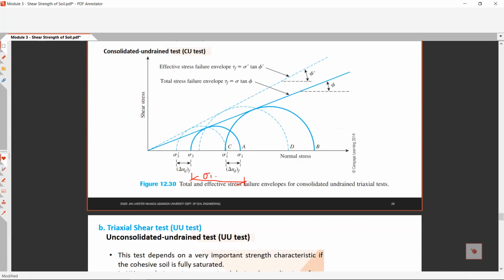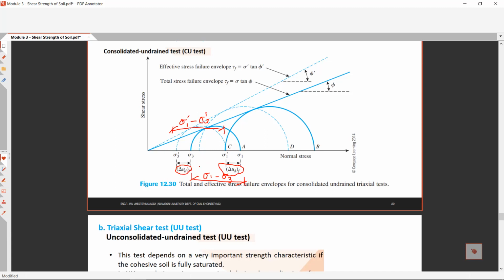Sigma sub 1 minus sigma sub 3, and this is the difference of sigma prime 1 minus sigma prime 3. So that is the diameter of this Mohr circle and the diameter of this Mohr circle. Okay? So ano lang siya, nag-move lang siya paatras. By how much? By the pore water pressure, by this change in pore water pressure. Okay? So ganyan yung pag-graph ng